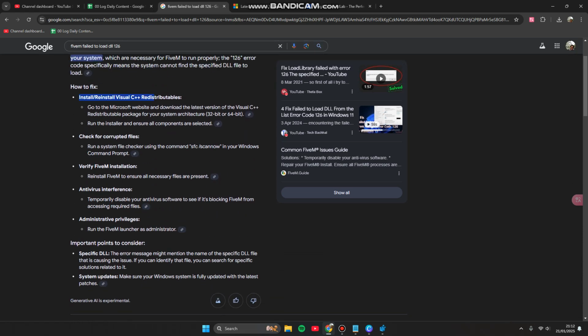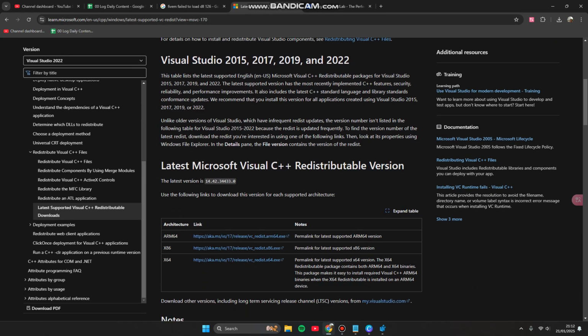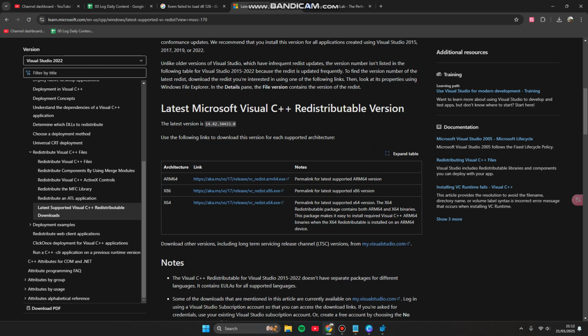So you can install and reinstall this Visual C++. You can get the Microsoft Visual C++ redistributable with the supported downloads from the official website of Microsoft. Also, you can access it on learn.microsoft.com. So you can download all three files. Here you can find the latest one, and this is the latest version 14 point something. You can read it,